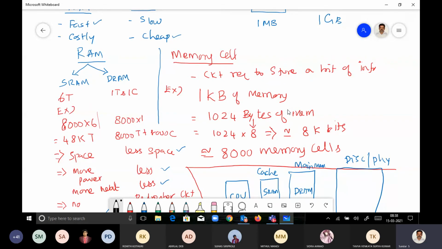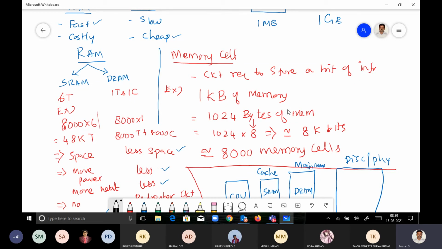But apart from that, dynamic RAM has other advantages. It's very cheap, it develops less heat, and it occupies less space. So usually we go for larger capacities of dynamic RAM in our architecture. Static RAM consumes more power because the number of transistors is more, and it develops more heat. Again, the reason is the number of transistors. So we go for lower capacity of static RAM in our design.